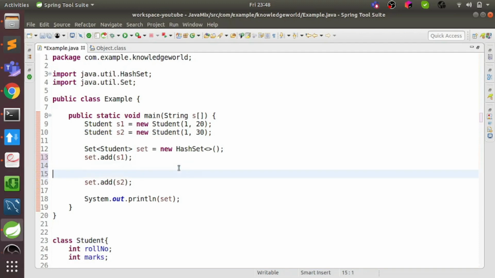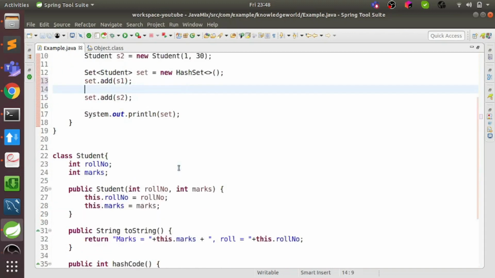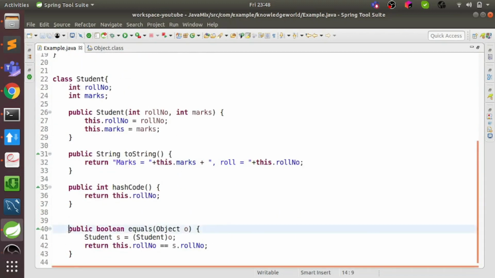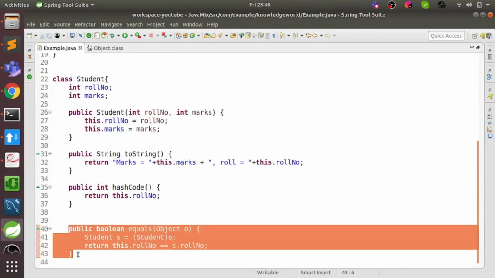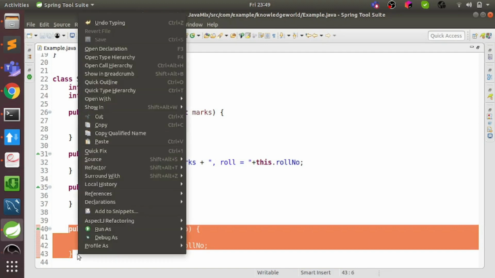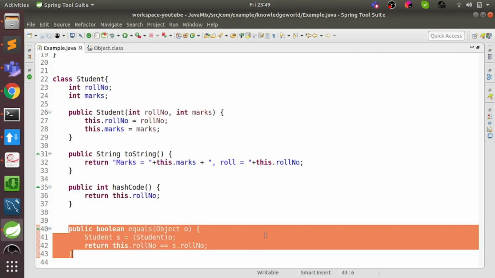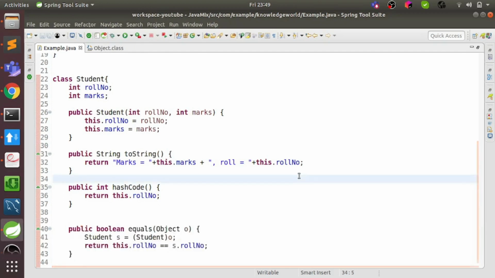It will call the equals method here to check whether these objects are actually equal or not. If they are equal, then it would keep only one of them. If they are not equal, then it simply adds it to the hash map on the same hash code, in the way of a linked list. That's the internal working of hash map, and we need not go into depth in this video.